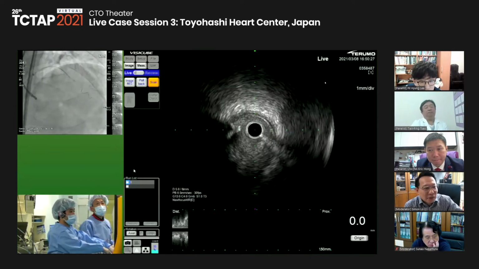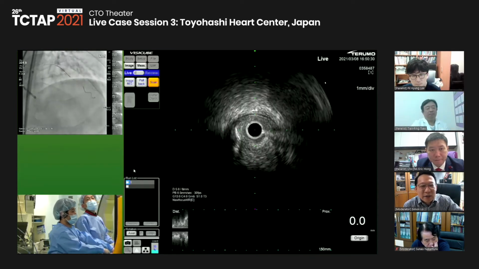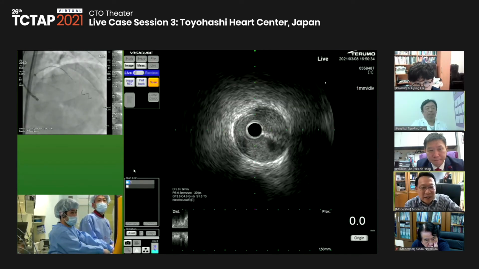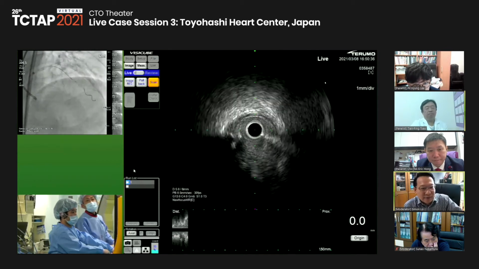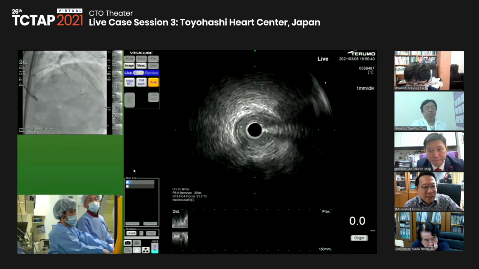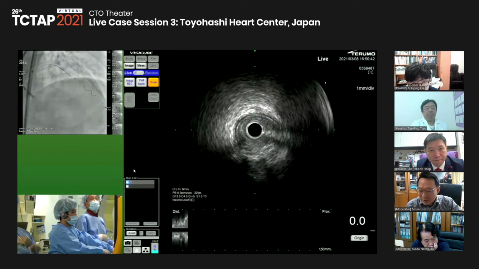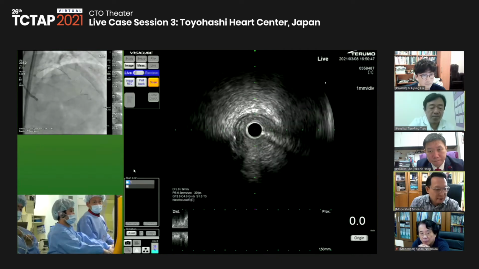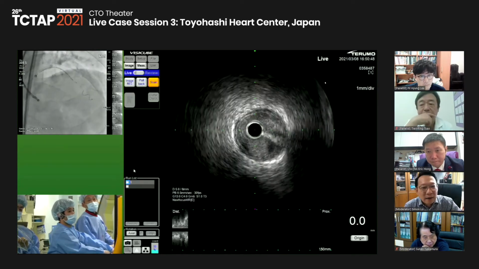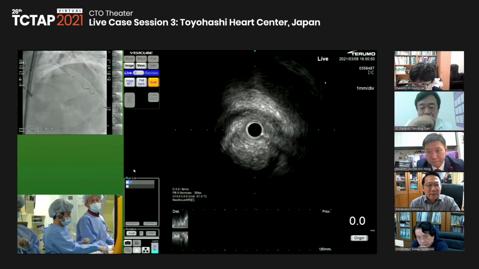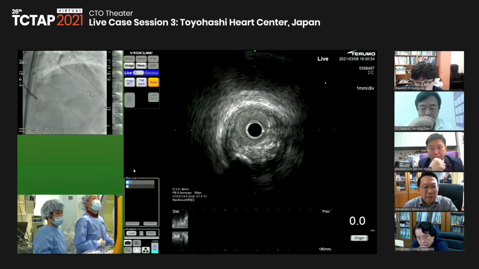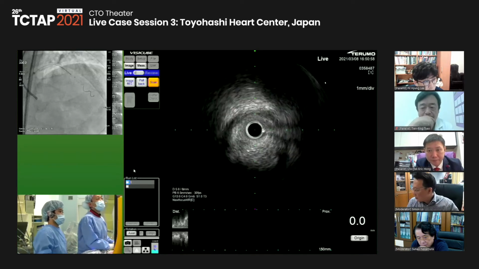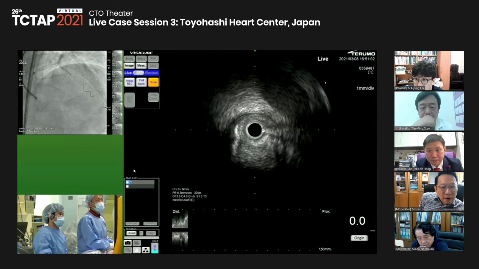Okay, Dr. Kenya. So we all agree that we'll go antegrade first. And then we wire this diagonal, go antegrade, and maybe like you are doing now, ultrasound guided. Anyway, I put the wire to the big diagonal, and now I'm checking the IVUS from the diagonal. Maybe you can see at 6 o'clock some brackets there. This is already the main vessel. In a contralateral injection, we can see some small channel from the beginning of the CTO side.